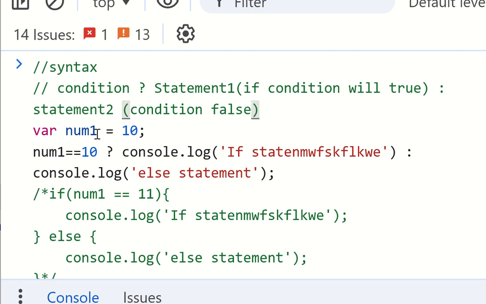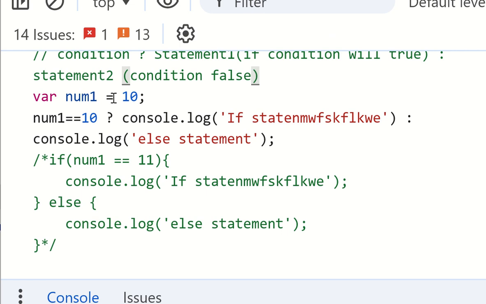So here what we are doing: number 1 is equal to 10. Yes, so this console statement will be printed, otherwise if this is false, the other one will be printed. Here the condition is true, so this one statement will be executed.